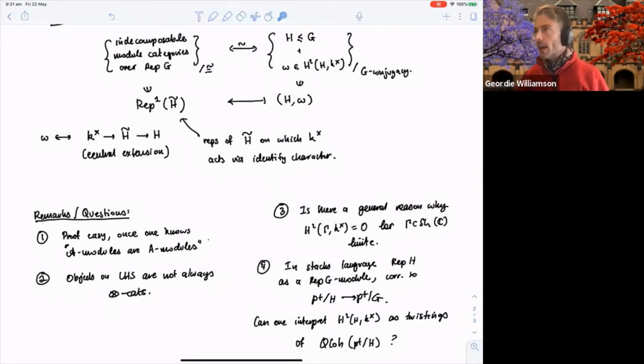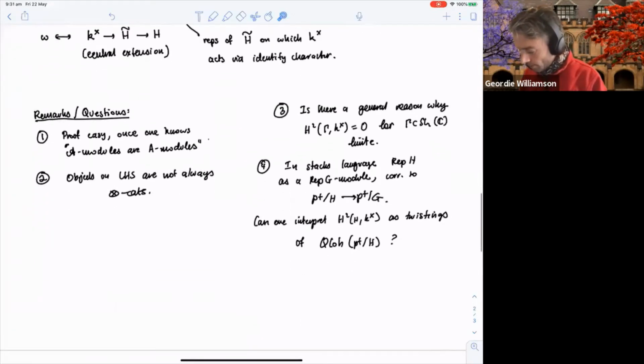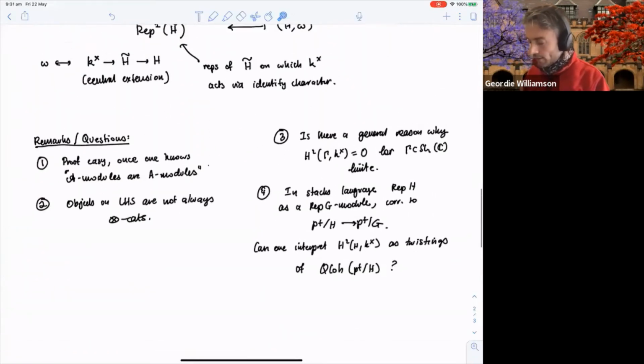Okay, so now we go to this. Basically, I want to try to summarize the relevant points of this short note of Gaitsgory called the notion of a category over an algebraic stack.